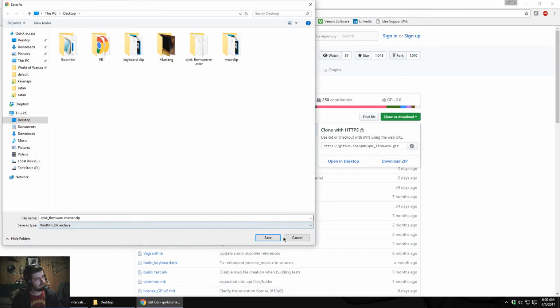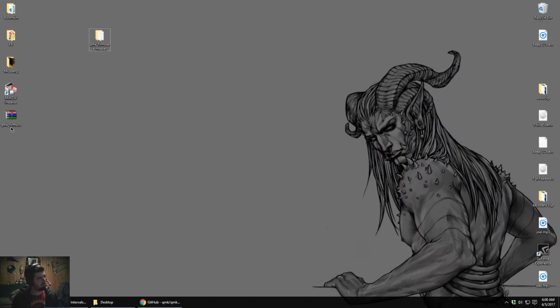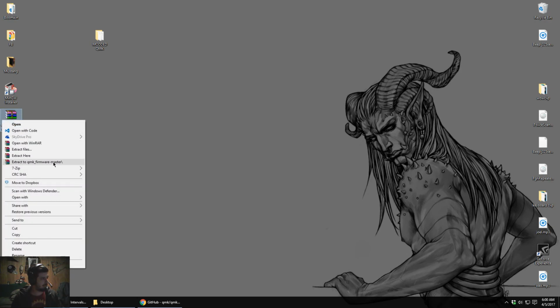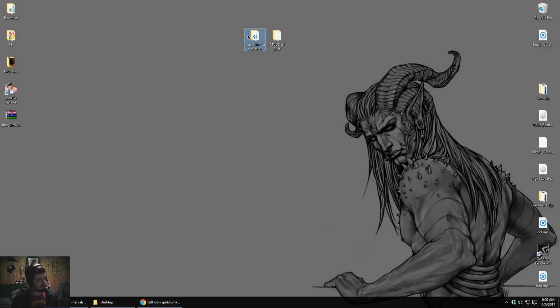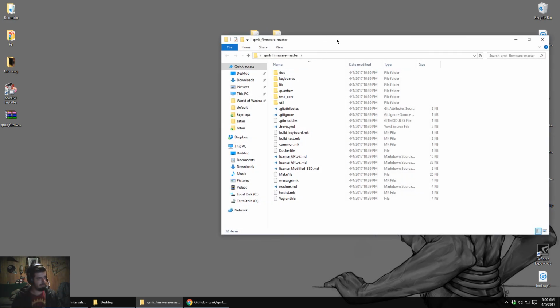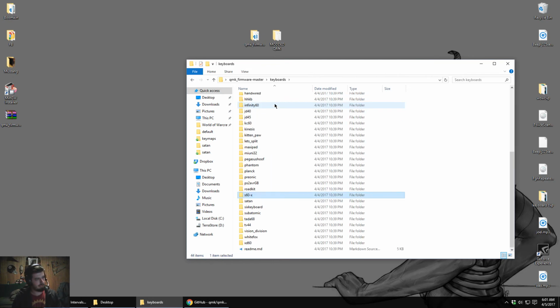On the desktop. So I'm going to name my current to modded QMK. I'm going to go ahead and extract it here. Here's our modded one. Here's our fresh build. Let's jump into the fresh build. If I go into keyboards, Satan,